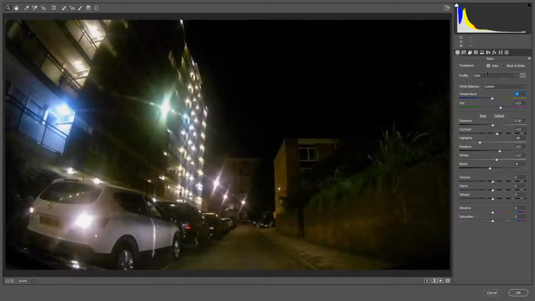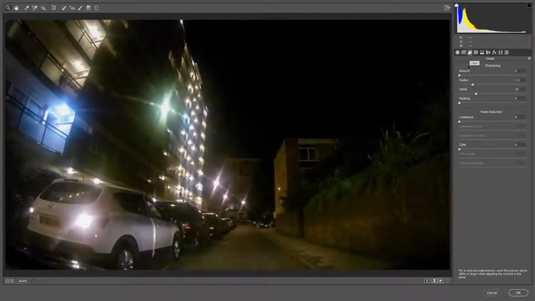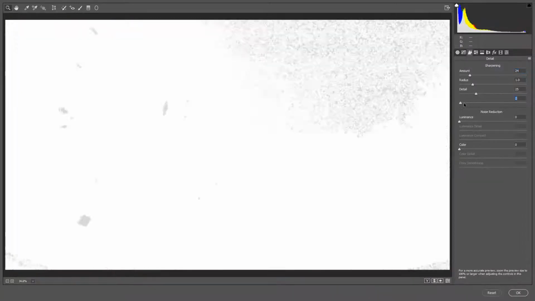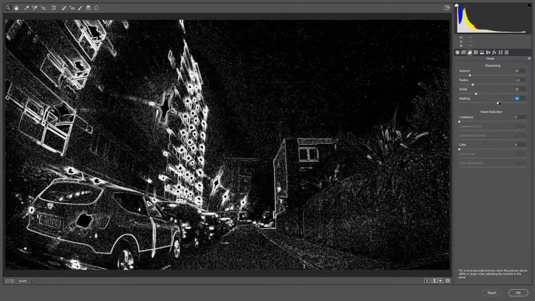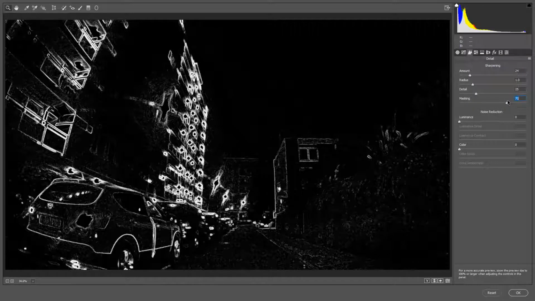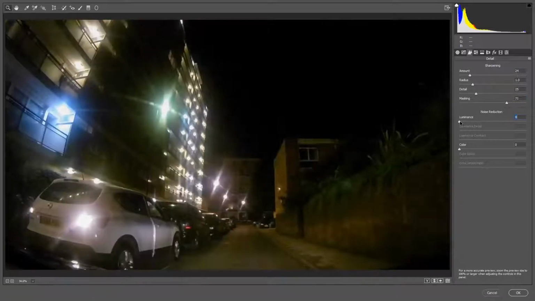Probably white balance as it is. So let's go to Detail. I'm going to sharpen just a touch. I'm going to hold the Alt key and use masking, and I'm going all the way up to the point everything is white. That's the area that's being sharpened. I'm happy as it is, and now I need to just reduce the noise and color noise just in case. And as you can see, before and after, I don't know if you can see it properly,